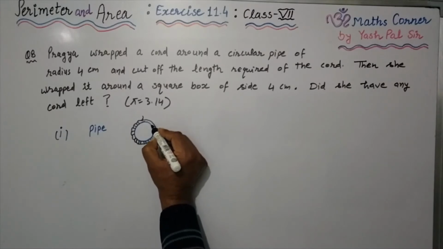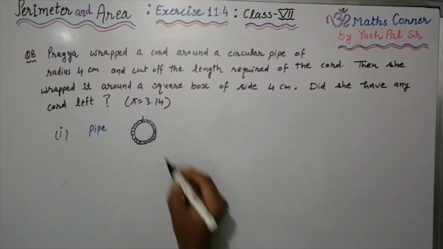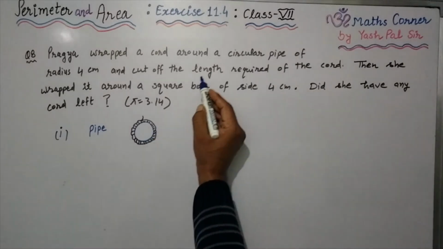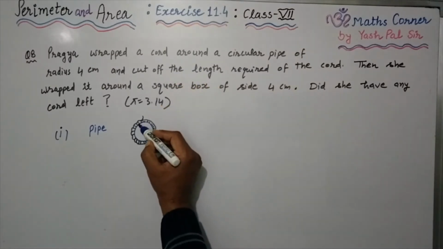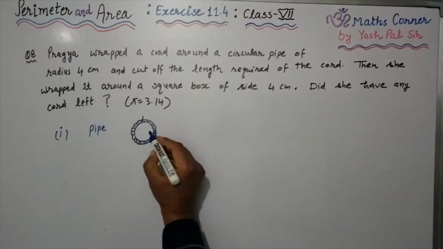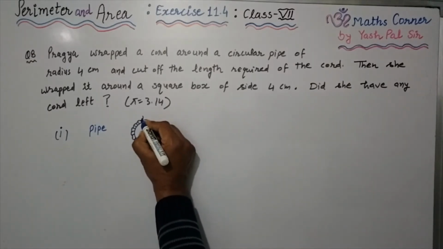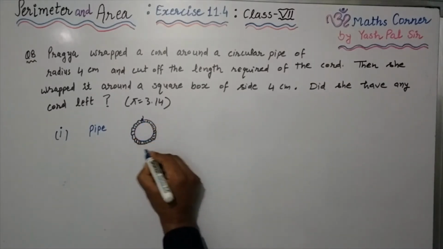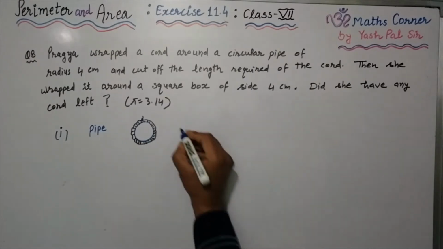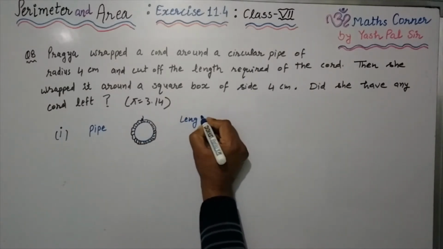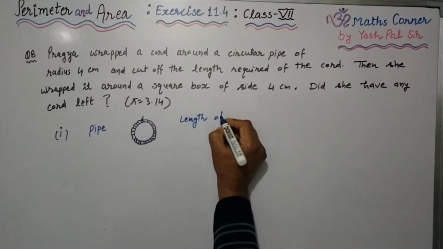This way she has wrapped. Now what is the question? The circular pipe radius is 4 cm. So what is the length, the complete circle, circumference, length of the cord